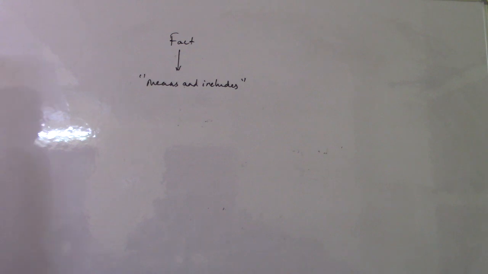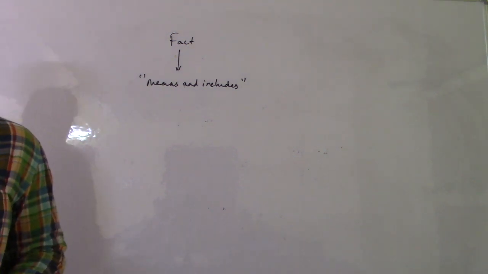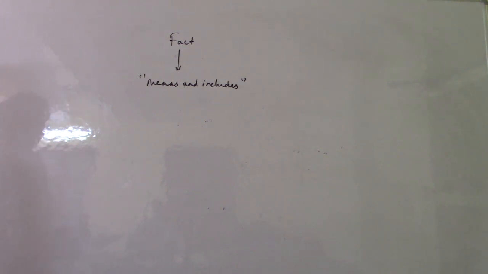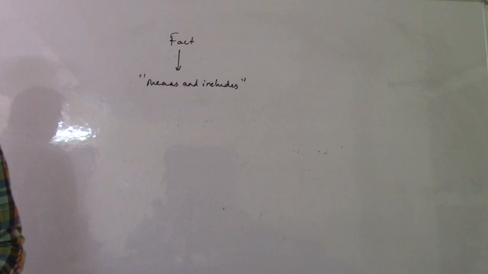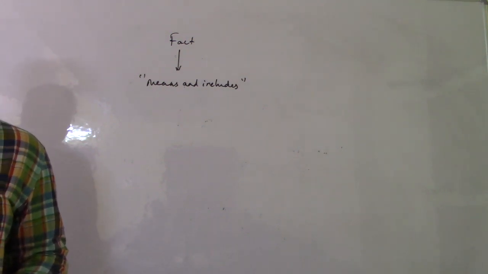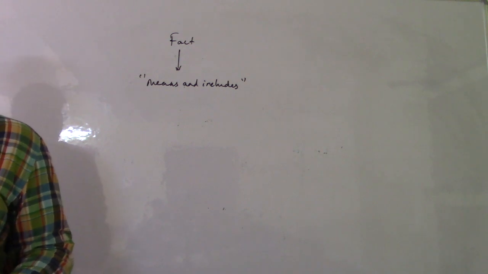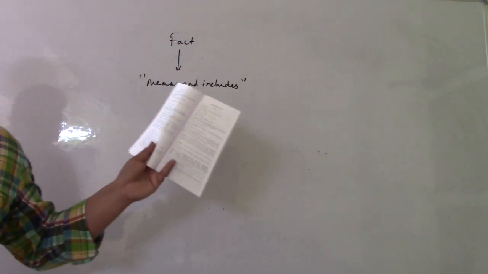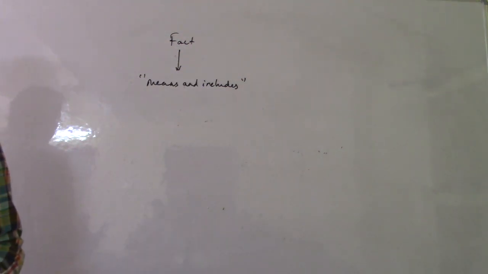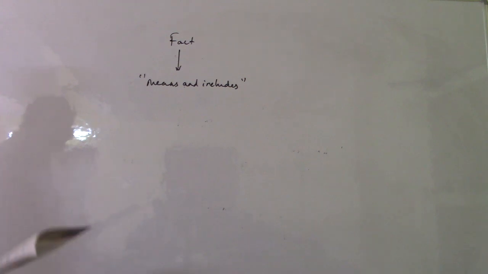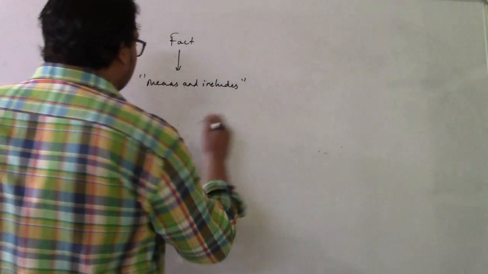That basically means whatever is given right after that is the only thing that will mean as facts. Had it mentioned fact includes, that means it is giving a set of illustrations, right? That fact could be A, B, C, or anything that is not mentioned which is like A, B, or C. But when it says means and includes A, B, C, that means it will only be A, B, or C. Okay? So fact means and includes